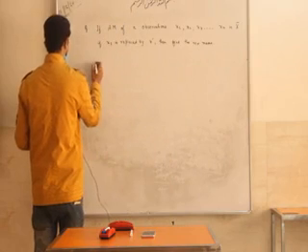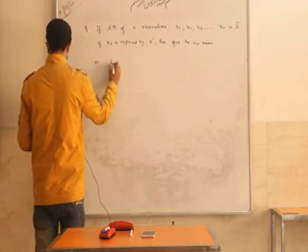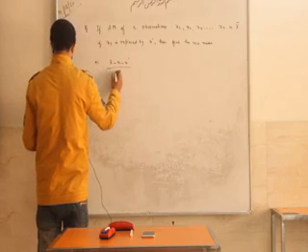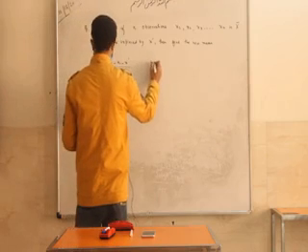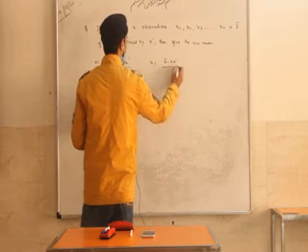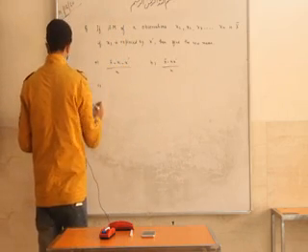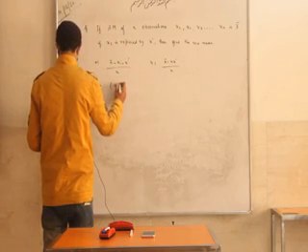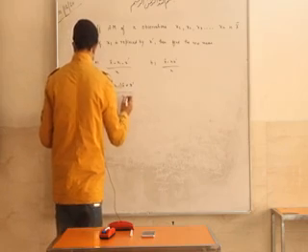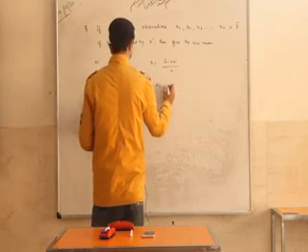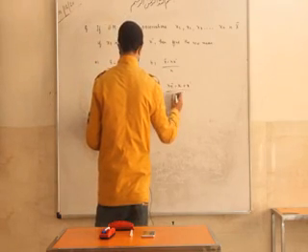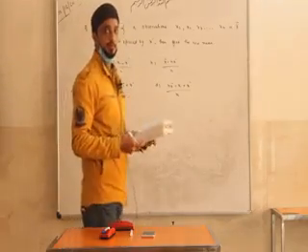These are the options: A, x bar minus (x1 minus x dash) divided by n; B, x bar minus n x dash divided by n; C, (n minus 1) x bar plus x dash upon n; and D, n x bar minus x1 plus x dash upon n. Which one is correct?